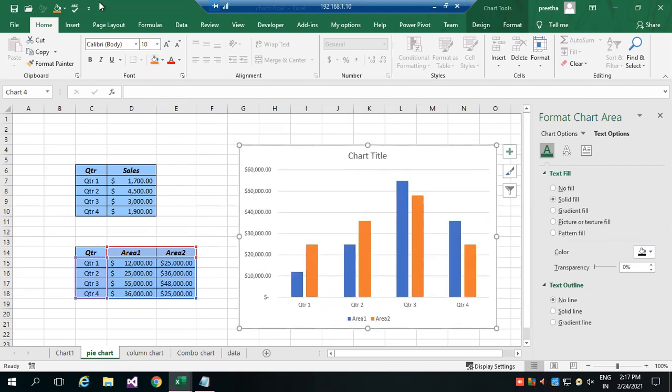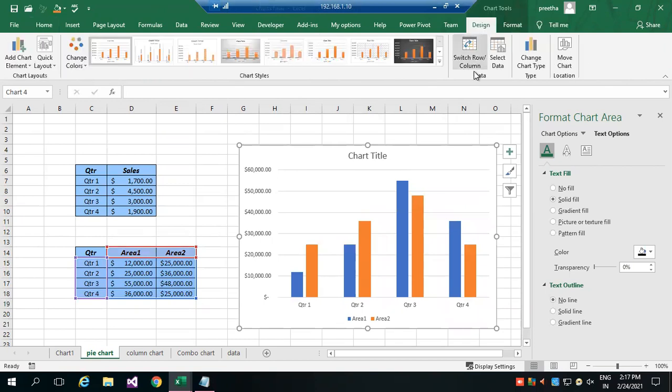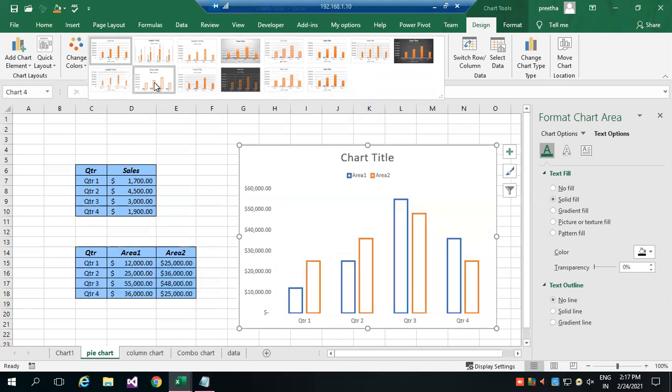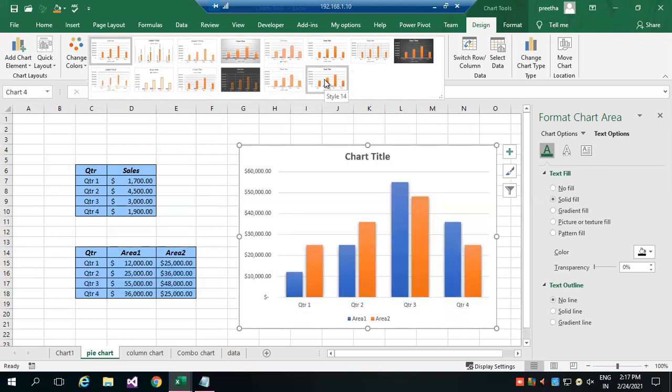Okay. So now, if you see here the design, you can change using predefined style. If you select the appropriate design, you will get it immediately.